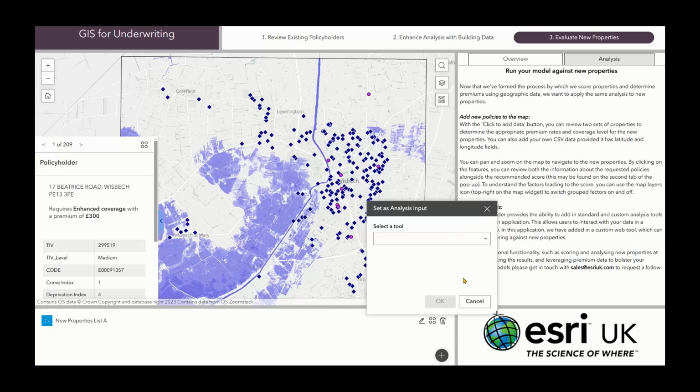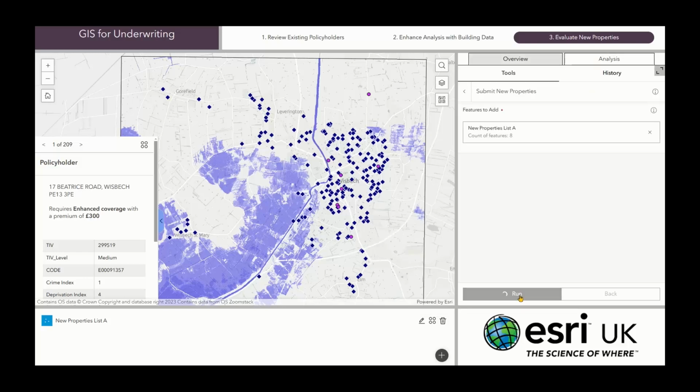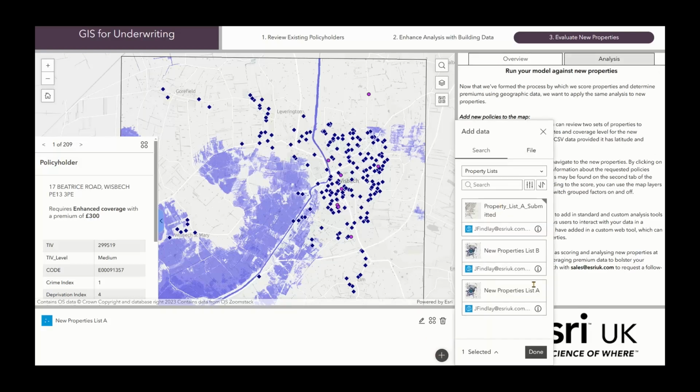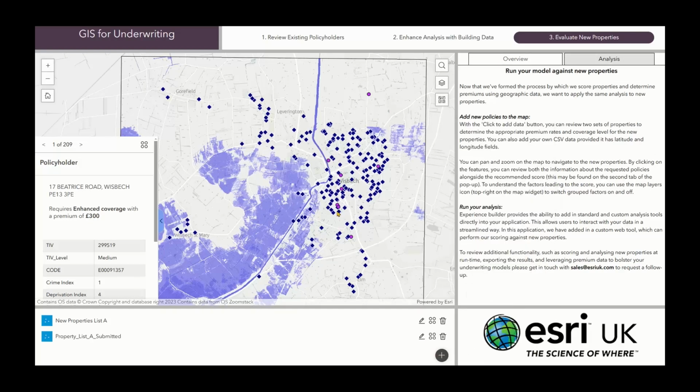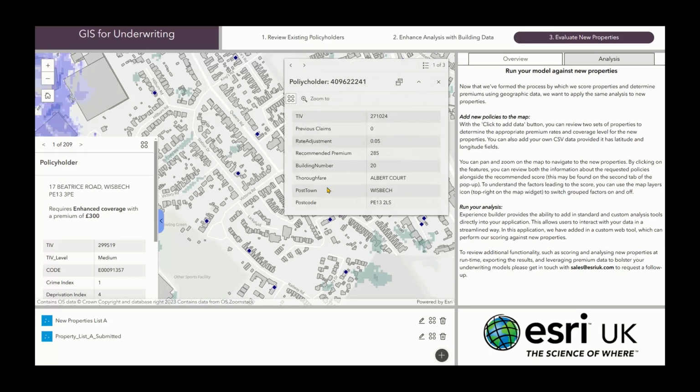So if I set this as my analysis input into a custom web tool, I can go ahead and join up that model to the new data on the map and go ahead and run this so we can score these new properties. This will take a moment, but I've got one that I've prepared earlier, which shows the type of information we can return against each of our new potential policyholders. Here we can see we've got that information from AddressBase about where it's located, as well as a recommended premium based off a rate adjustment based off the risk factors and all of the premium data sets that we